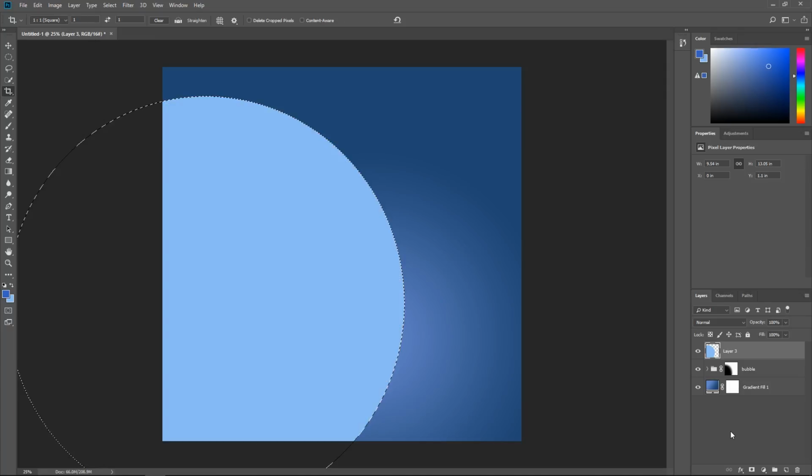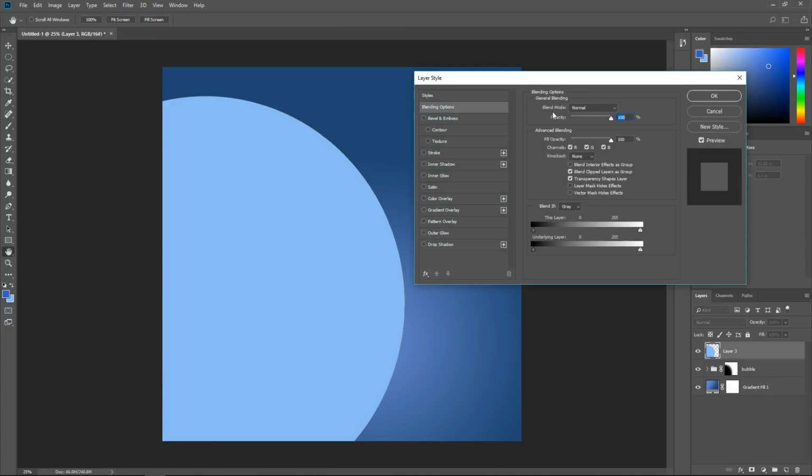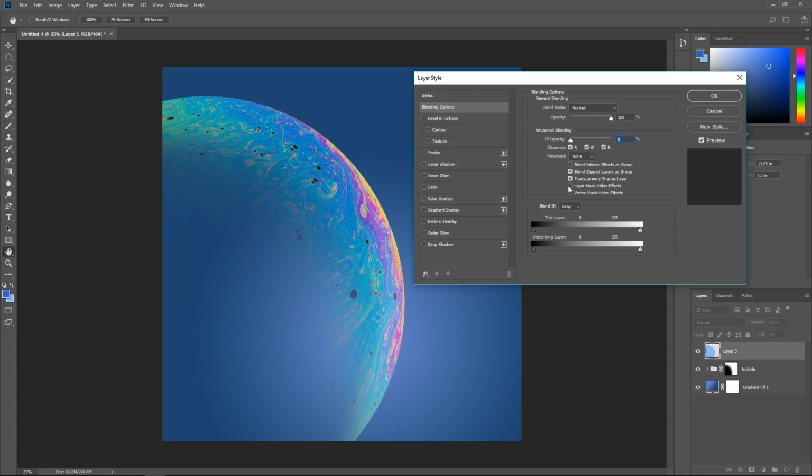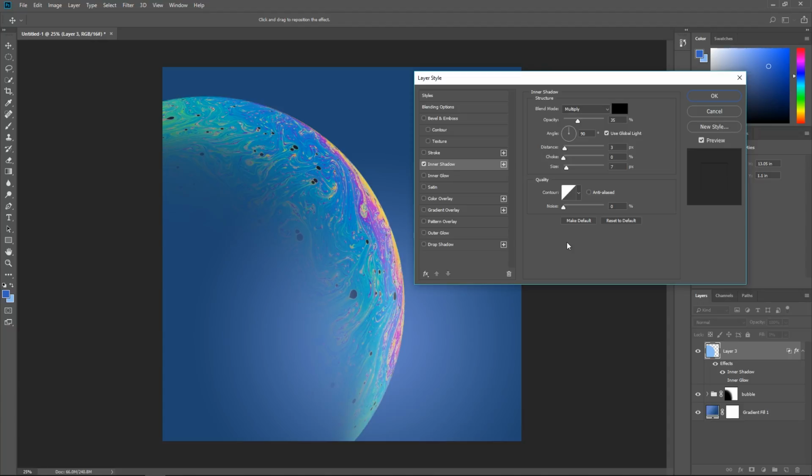Okay, and we'll fill it in, same as we did before. I'm going to double click on it to get to the layer styles, and we're going to bring the fill opacity all the way down. Layer mask hides effects. Okay. And what we're going to do there is we're going to create an inner shadow for the black effect down the bottom of our bubble. So for that, we're going to do a black colour with multiply. Okay. The opacity needs to be at 100%. We're going to go with